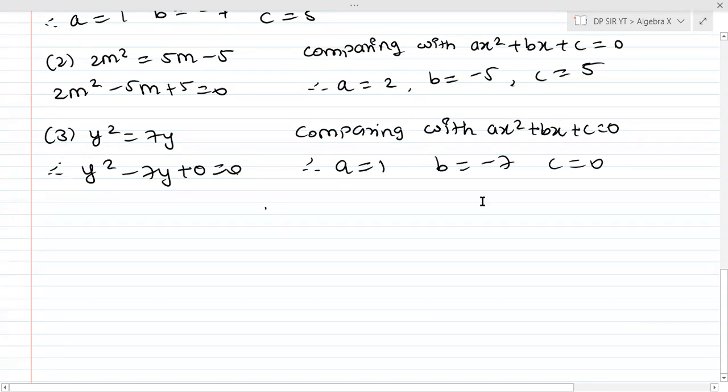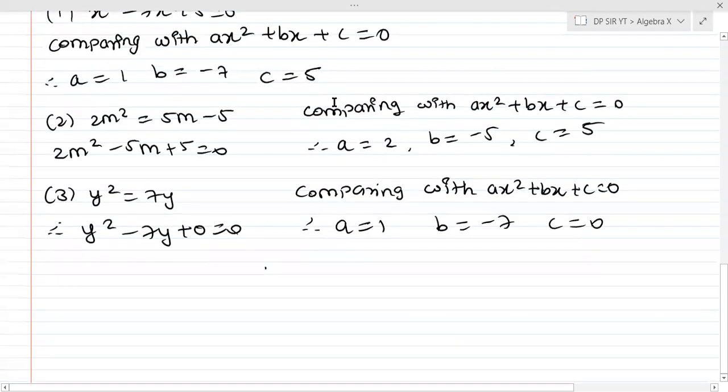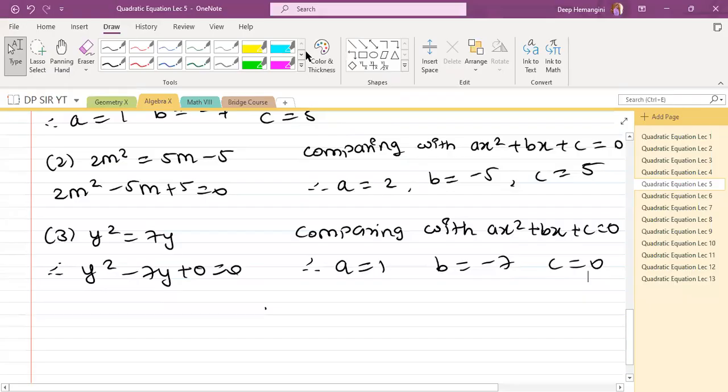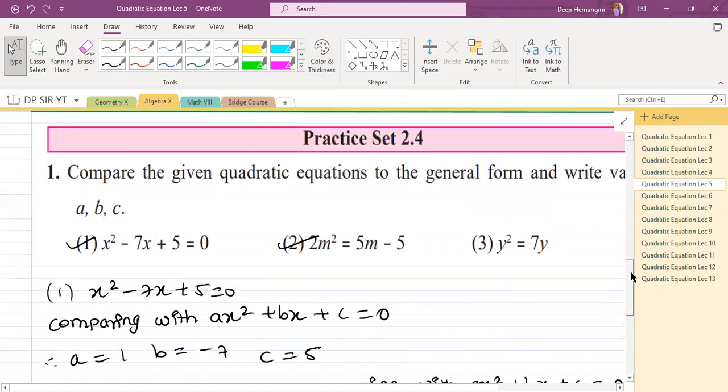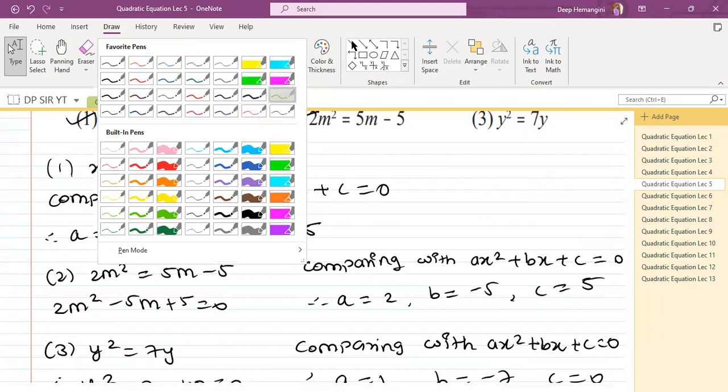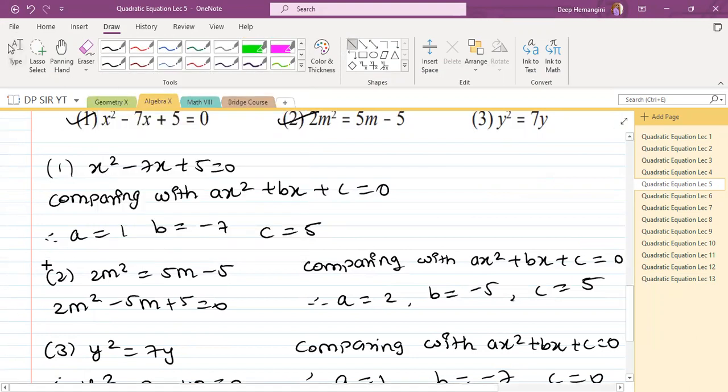I hope you all are very clear with this question. Okay. If yes, I will go ahead with the solving formula. I hope you understood what is this, ABC का value, किधर से मिलता है ABC का value. If you all are very clear with this, please comment yes in the comment section so that I can go ahead. At least I can understand that you all are with me.